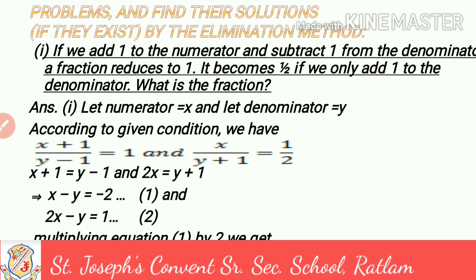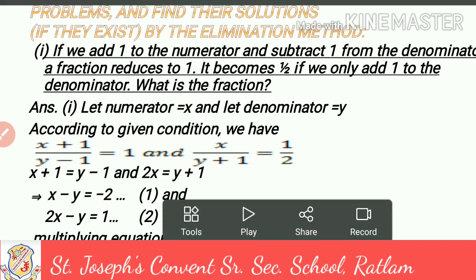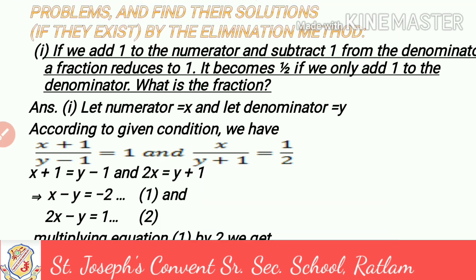So in question number 2, we are going to solve the word problems. Now words are given to you. From the given words, you have to find out and frame the two equations, and then, as we have done earlier by the elimination method, you have to solve for the values. That is, you have to get the two values x and y of the variables.